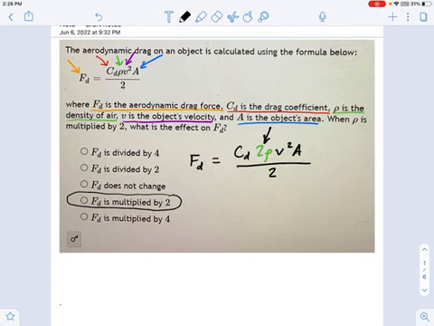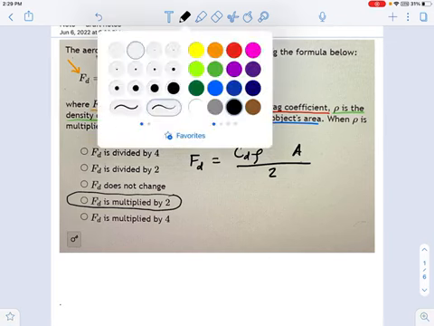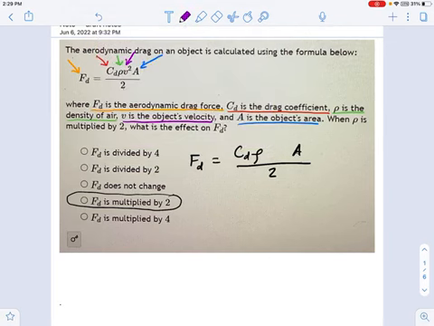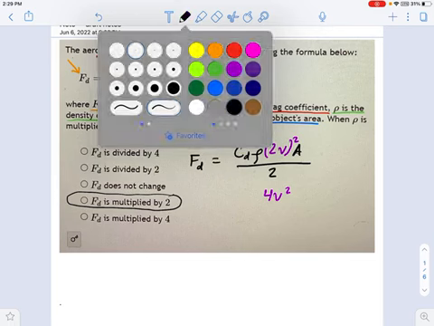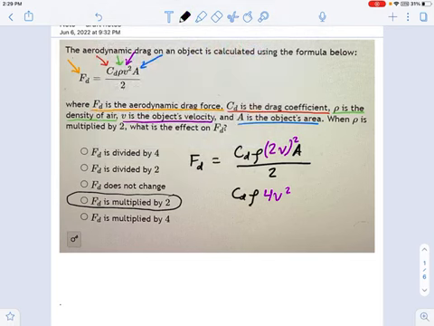Now I want to give you another example because there's many varieties of this one. What if you had one where v was doubled, the velocity of something? Okay? So now in this case, the air density is the same, and whatever object it is, let's say an airplane, the pilot just stepped on the gas and doubled the velocity of the plane. Well, instead of v, now you have 2v squared, right? You have twice the velocity. And because that is squaring, look at what happens to that. That's going to turn into 4v squared with all the other stuff. You square the 2 and you get 4. So in this example right here, if you compare it to the original equation, you see it's now 4 times bigger, not 2 times bigger.